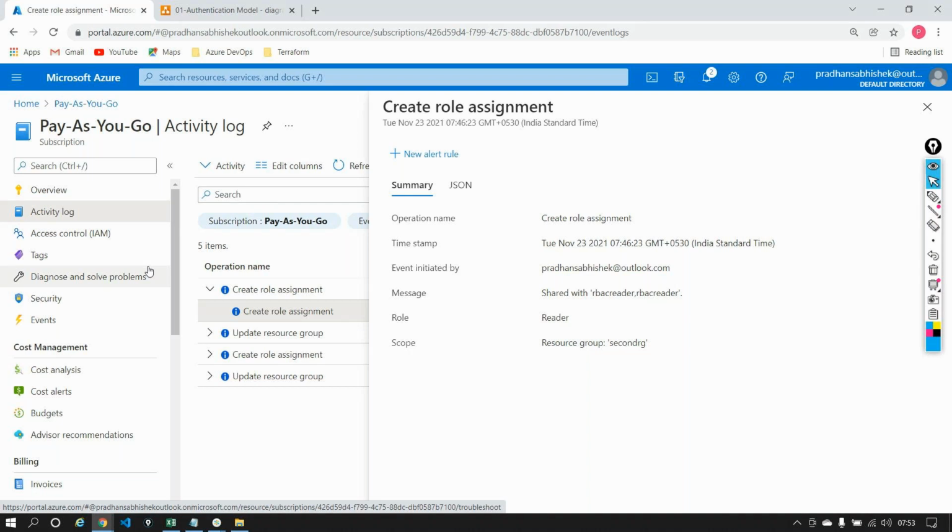And from tomorrow, we are going to look at the core services of Azure. These were just the basic introduction of what Azure is and what resource groups are, etc. Now, from tomorrow, we are going to start with the very core services of Azure, and we'll start with something known as storage. We'll start with storage and we'll see IaaS, PaaS, and SaaS services that are offered by Azure.